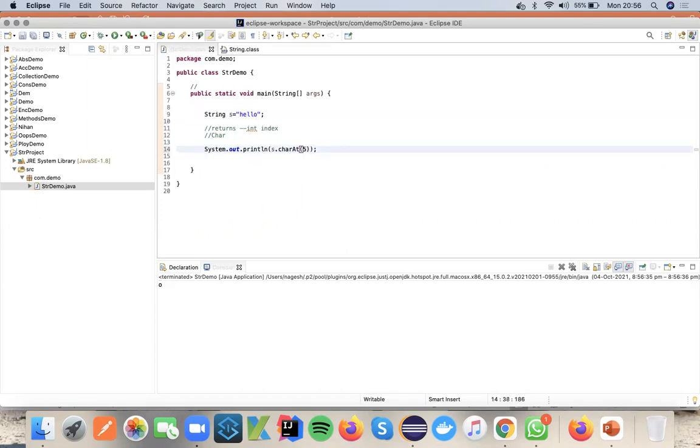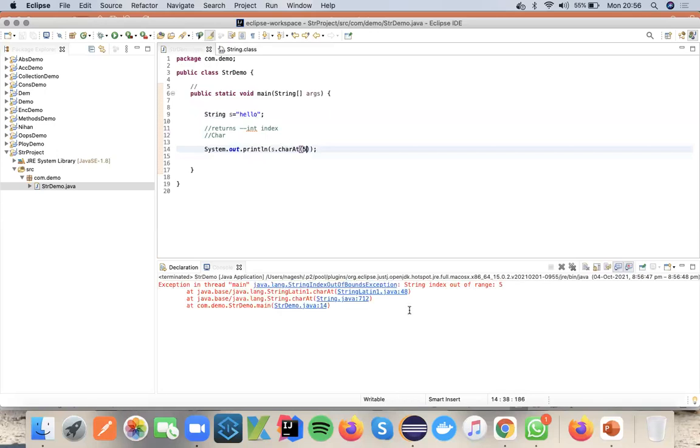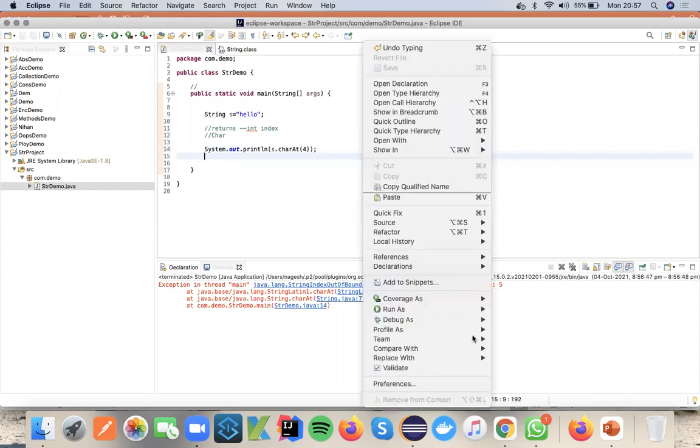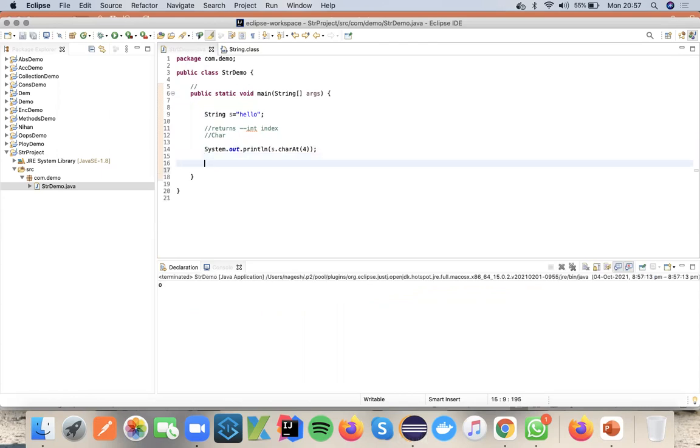Whatever index you provide, based upon that it will print the character located at that place. When I give 4, it prints o, which is present. When I give 5, that is not there. In this case, what will happen? It will give an error saying that the index is not present in the given string, a StringIndexOutOfBoundsException. Your range is up to 4 and you are giving 5, which is out of range. So this is the charAt method. The input is the index present in the string, and the return type is a character. It returns only the single character associated with the specific index. Clear?